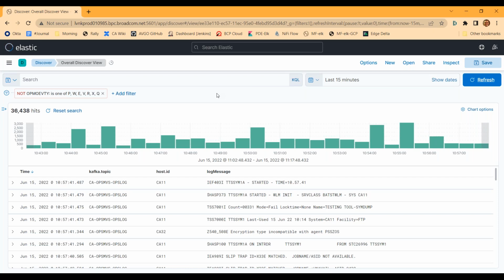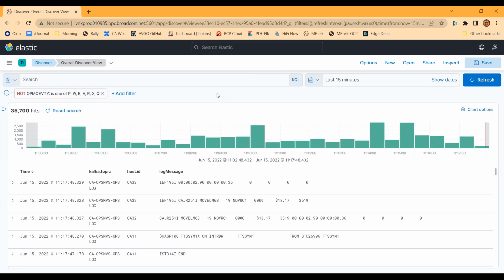Alrighty, so I'm going to refresh this. Before we get into this, I just want to orient you to the screen. I mentioned at the outset that there are dozens of these tools. One of them happens to be Elastic. Elastic is an observability tool, and it has tons of features. I am going to resist the temptation to show you all of the features in Elastic, but I do want to take a second to at least orient everyone to the screen.